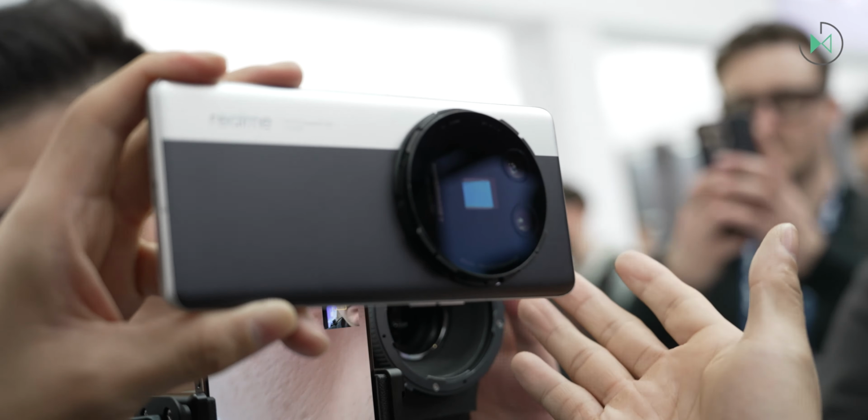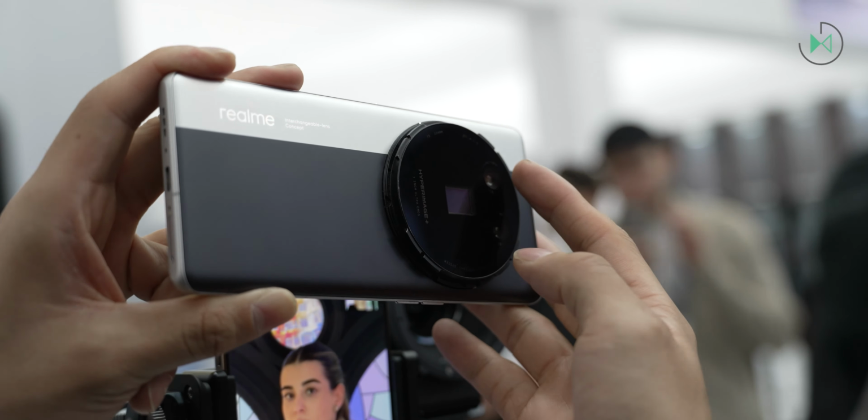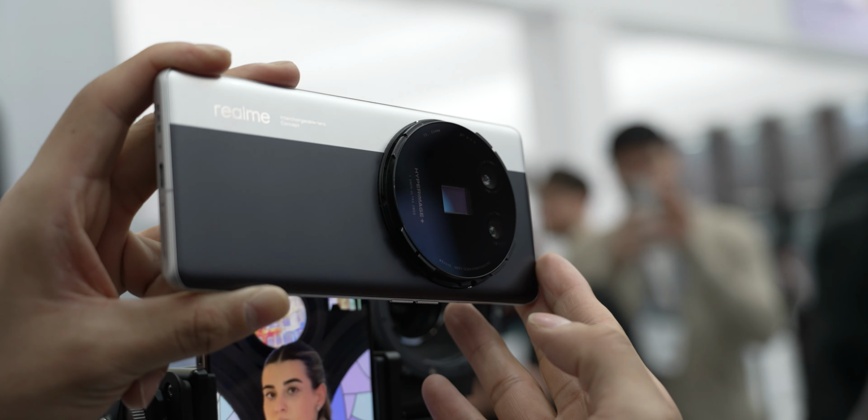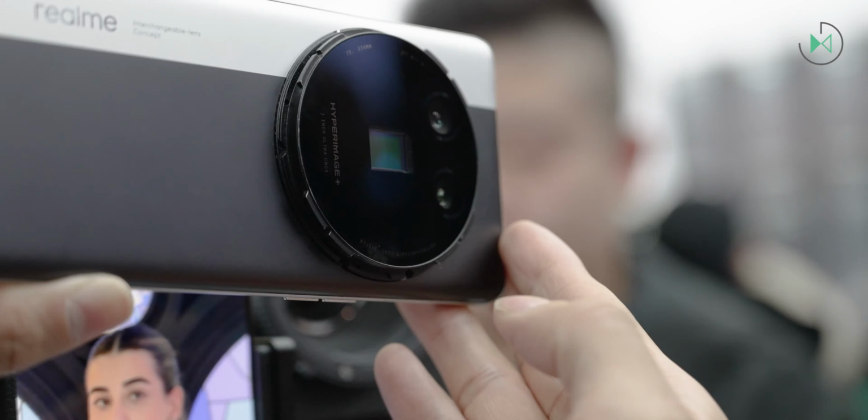An ultra outstanding quality, but if this glass gets scratched, obviously your camera is going to be damaged in a sense. So this would be a small drawback with respect to what Xiaomi proposes, but the interchangeable lens accessories would not be so expensive, because the sensor would be in the body of the cell phone and not directly on the lens. As you can see, each implementation has its pros and cons, but in the case of Realme we